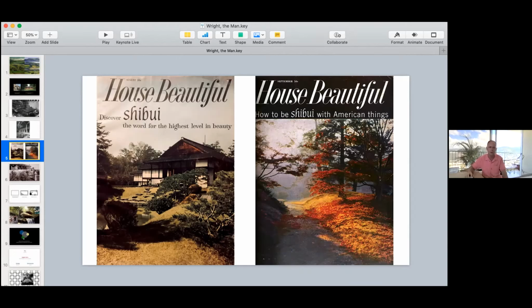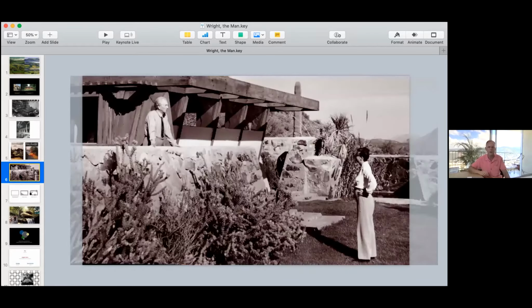To rehabilitate that. Here's the editor, Elizabeth Gordon, with Frank, right, at Taliesin West, and they're chatting about this. And just to give you the background of this, Elizabeth Gordon, a couple of years earlier, wrote a scathing article about European international style modernism, that it was un-American. It's the threat to the next America.